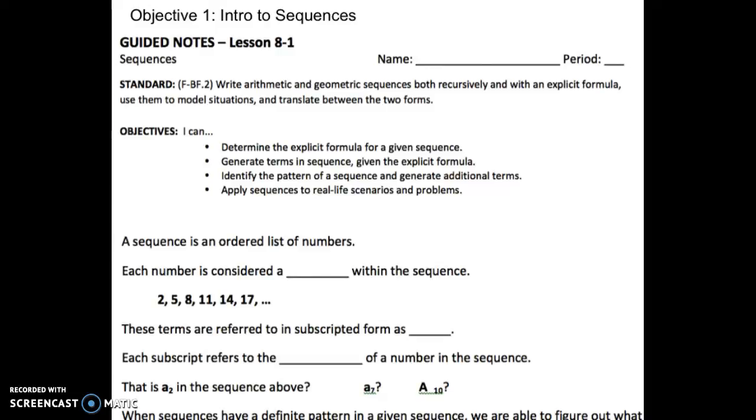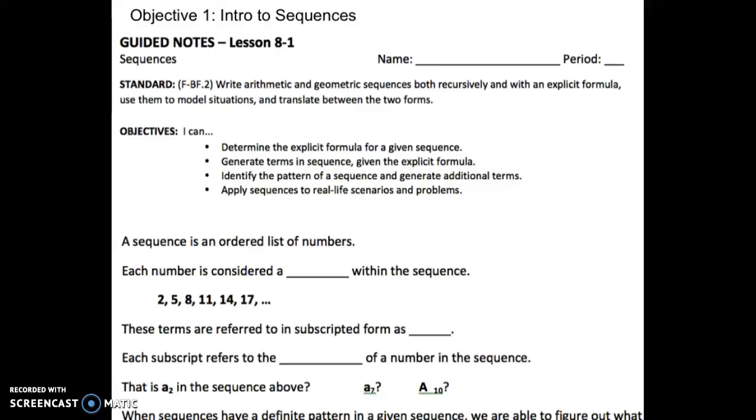All right, objective one, first introduction to sequences. There are just a few pieces of terminology that I need you to know before we actually move into identifying types of sequences and that type of thing. The objectives we're going to cover,